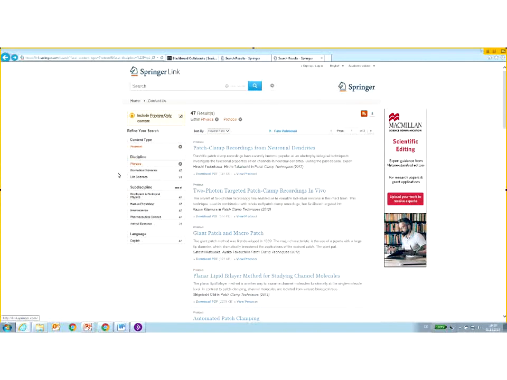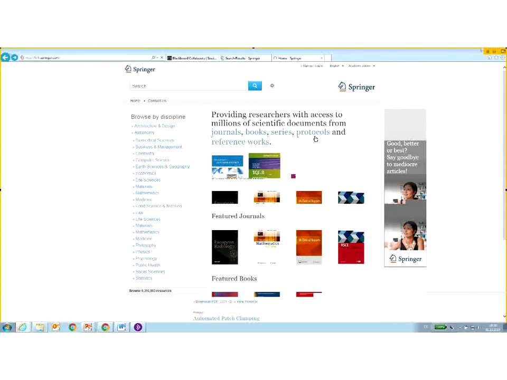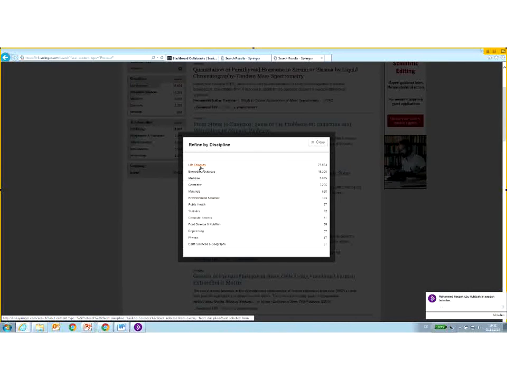So any topic that any discipline or any topic you're interested in, you can basically go to the Springer Link website, you can go to the protocols, and here you can find any topic, all the topics that the Springer protocol covers. Obviously, life sciences and biomedical sciences is very much